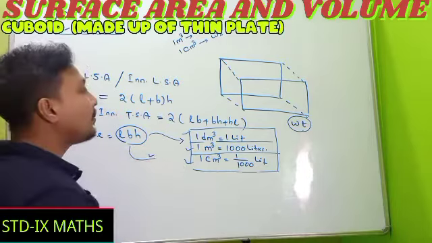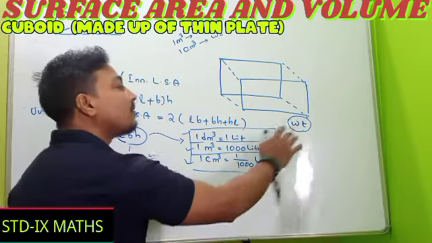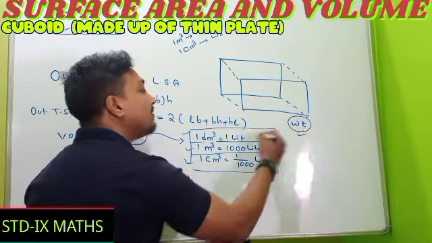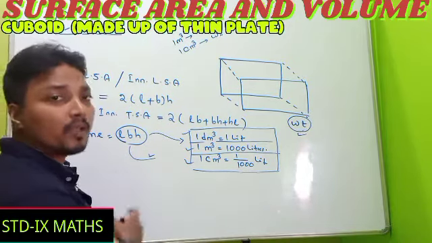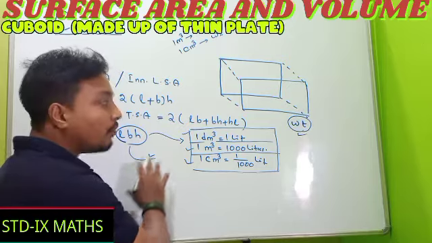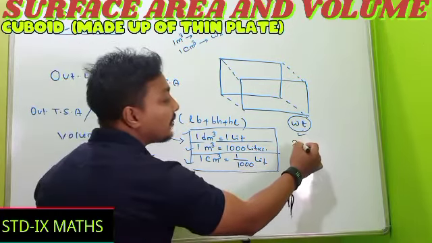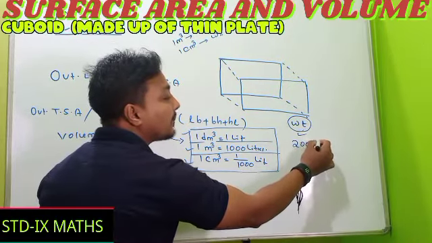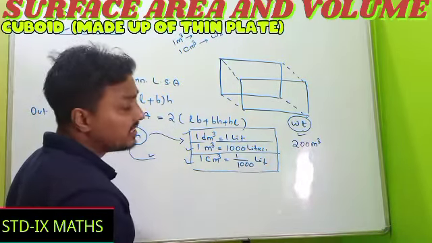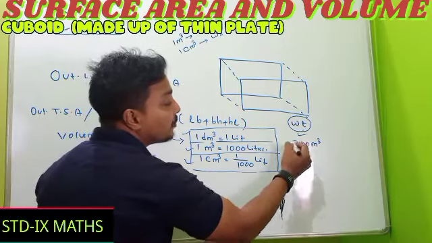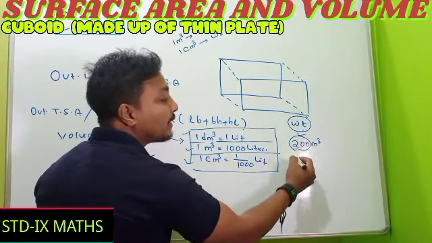First you have to find the volume. It may be the capacity or the weight; everything can be obtained with the help of the volume. First you have to find the volume. Suppose you get the volume equal to 200 meter cube. Its weight, the iron's weight, will be how much? So for 200 meter cube, if 1 meter cube weight is how much?